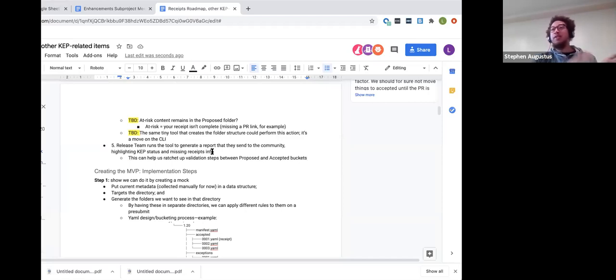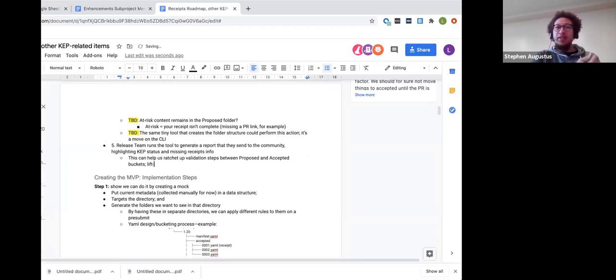It becomes a lift and shift, basically a git move from the proposed bucket into the accepted bucket. When that PR is issued, there'll be a pre-submit. And if the pre-submit doesn't pass, it means you're missing information, so you basically block the release until the information is provided.